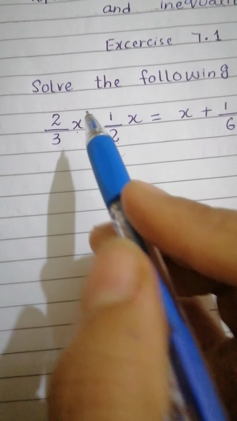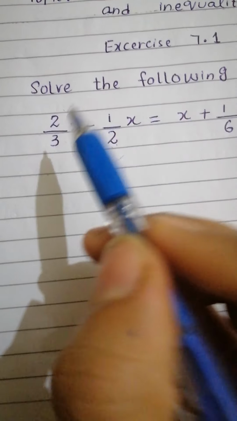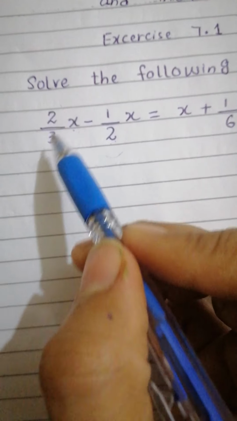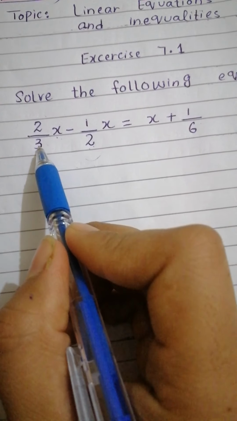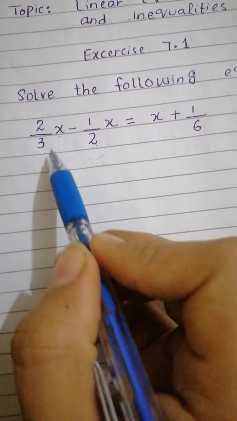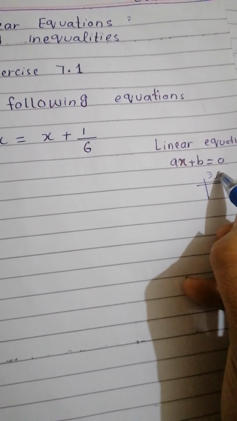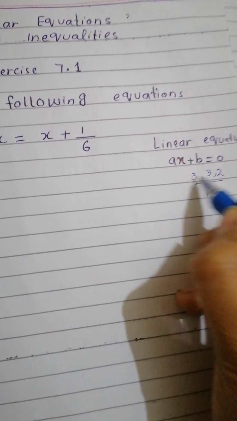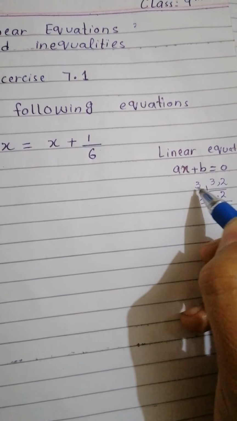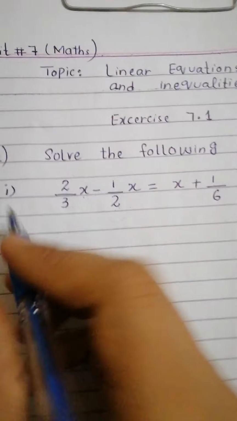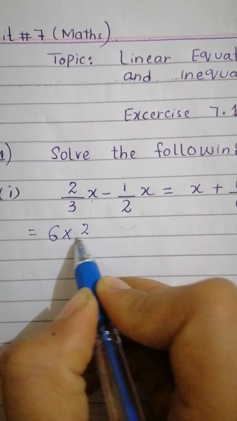I will multiply each fraction on each side by the LCM. Each fraction will be multiplied by the LCM. So first of all you need to know what the LCM is. You can see 3 and 2. The LCM of 3 and 2, you all know how to find LCM. 3 1 time 3 and 2 1 time, so 3 2 times 6. LCM is 6. So you will multiply each term